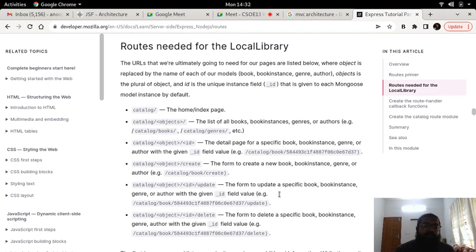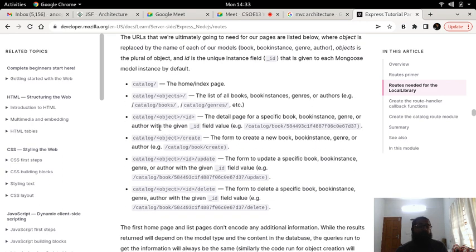If you were going to work with a local library, you definitely need to have some routes like catalog objects: catalog books, catalog journals, catalog object ID, that is catalog book, then the book ID like 584493C1. You are able to see this. Then catalog object create, catalog book create, catalog object ID update.